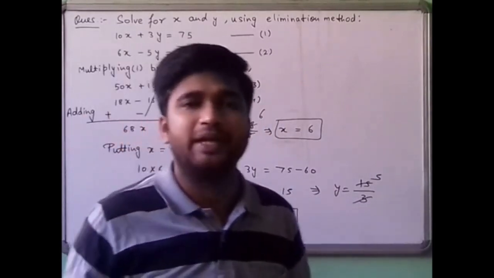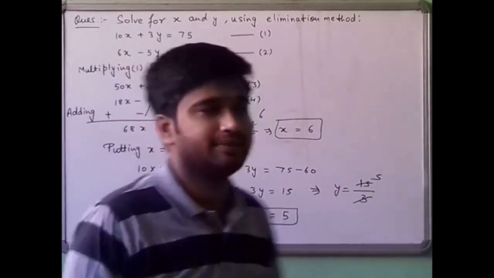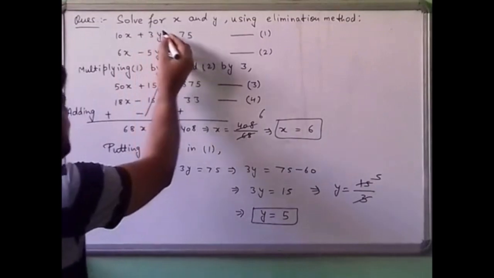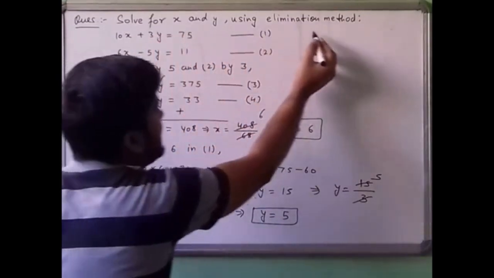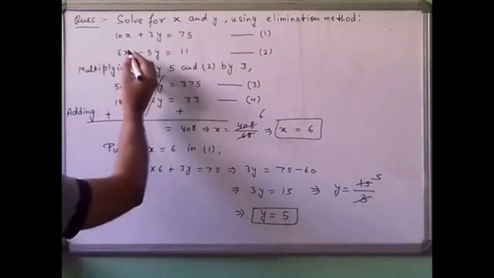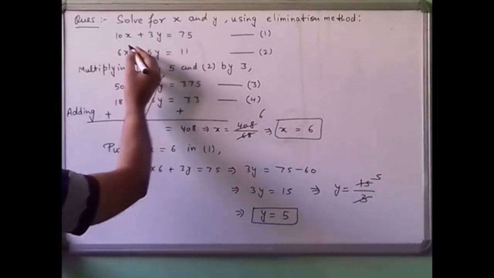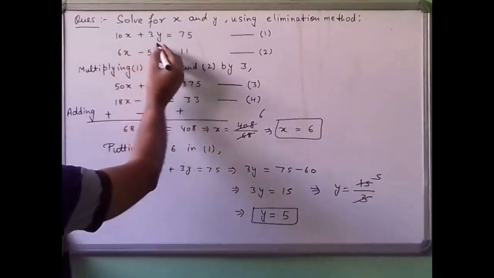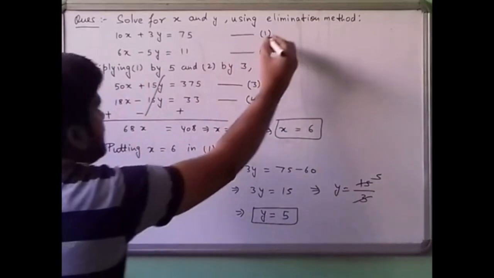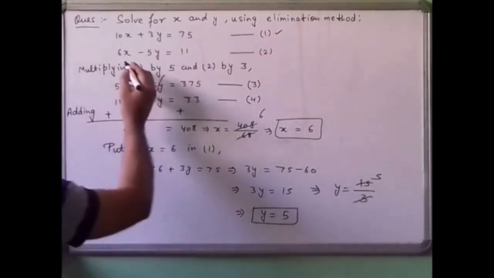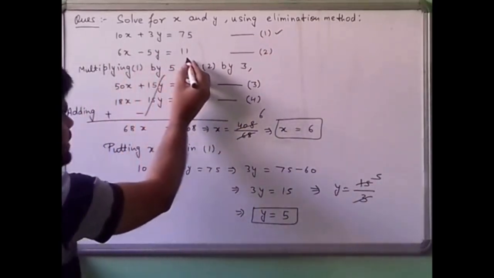Friends, today I will explain the elimination method. The question is: solve for x and y using the elimination method. You are given two linear equations. One is 10x + 3y = 75, equation 1, and the other is 6x - 5y = 11,